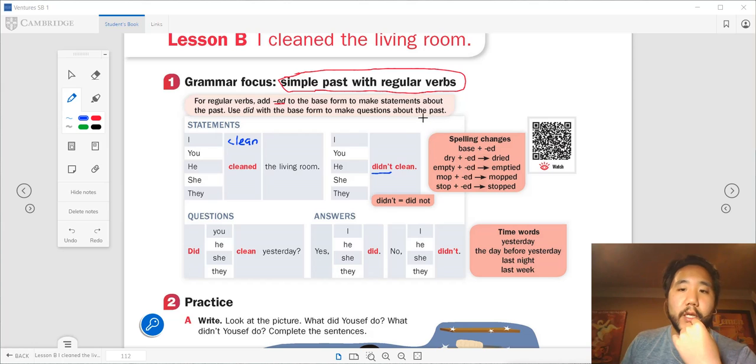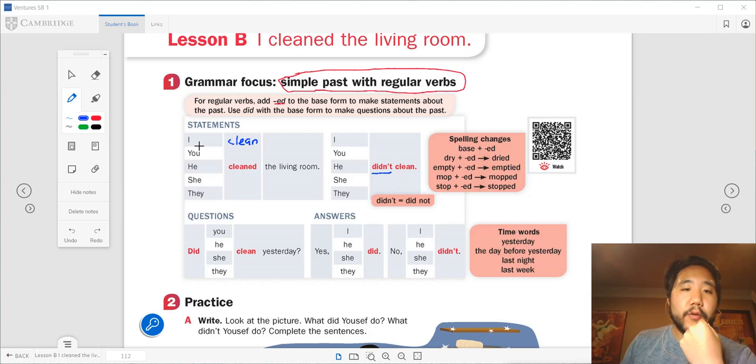So I'm just going to read it. I cleaned the living room. You cleaned the living room. He cleaned the living room. She cleaned the living room. And they cleaned the living room. So an important thing here to see is